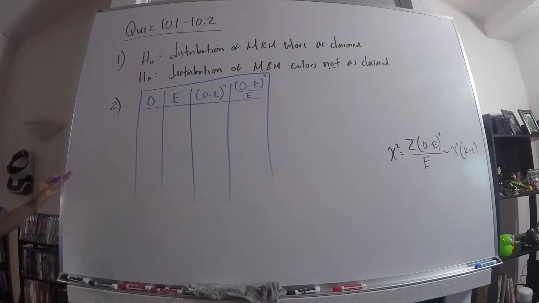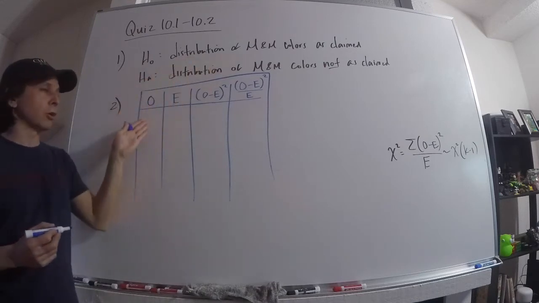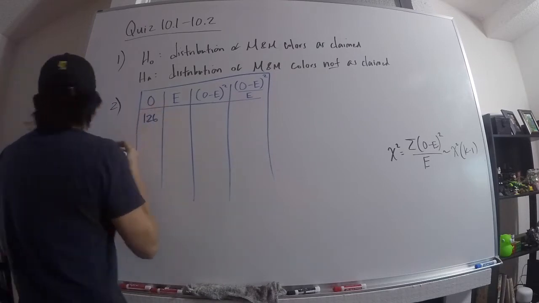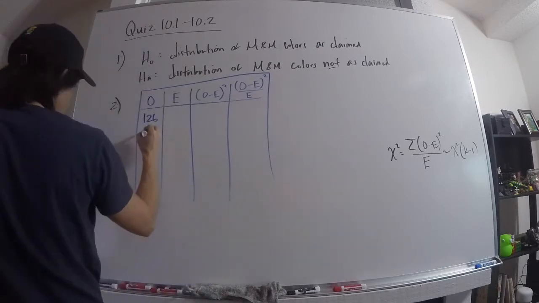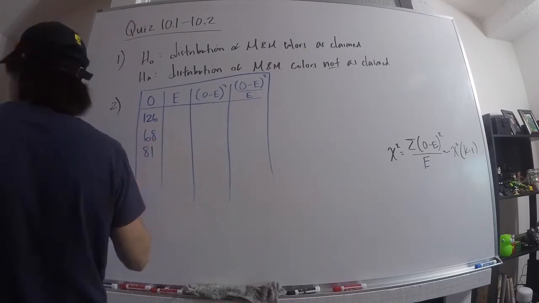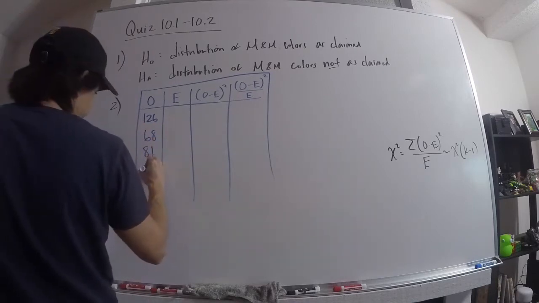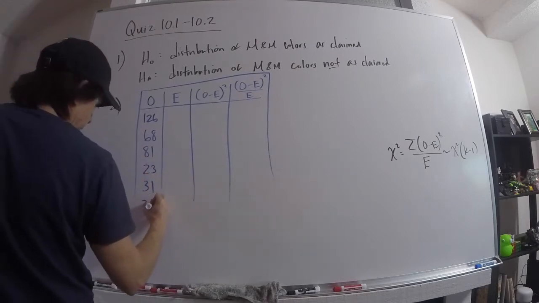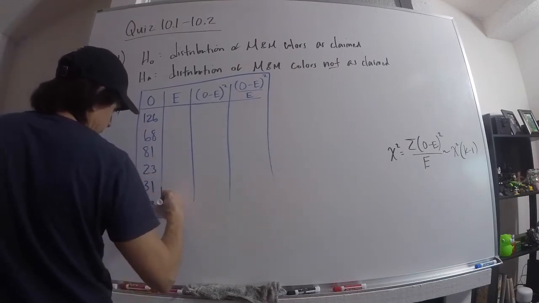the observed frequencies of M&M colors in our sample. So I'm going to grab that off the sheet. 126, 68, 81, 23, 31, and 33. And I put them in the order that they gave it to us in,